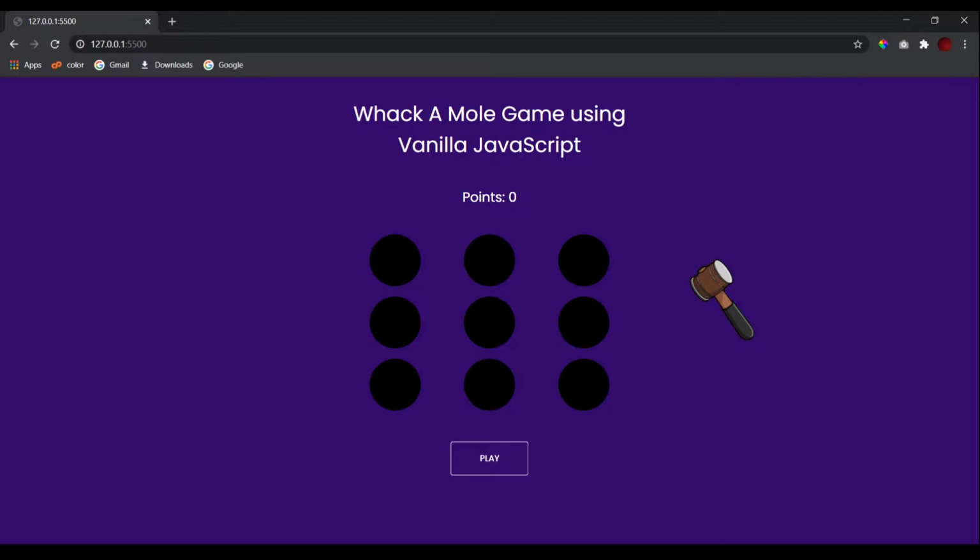Now the game which we'll be creating in this video is known as Whack-A-Mole. So when I click on play, you will see how this game works. These moles start appearing from random holes, and when I hit the right mole, our points will get increased. Like this. Oh, this is very hard. Yeah. So you see, whenever I hit the right mole, our points are increasing, and when I click on stop, the game stops and the points go back to zero.